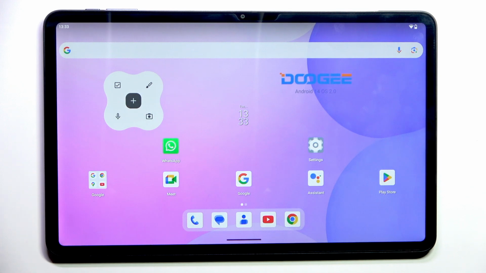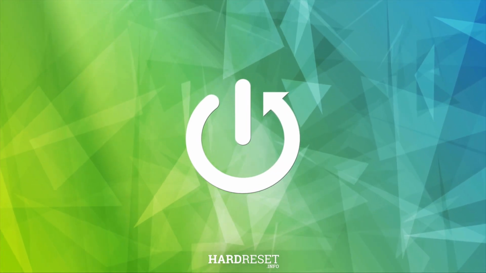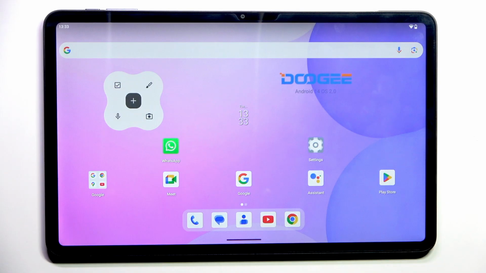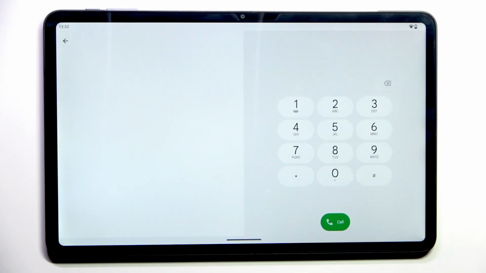Hi everyone, in front of me I've got DOOGEE T40 Pro, and let me share with you how to use secret codes on this device. So let's begin with opening the dialer, as it is the place where we can enter all of those codes,